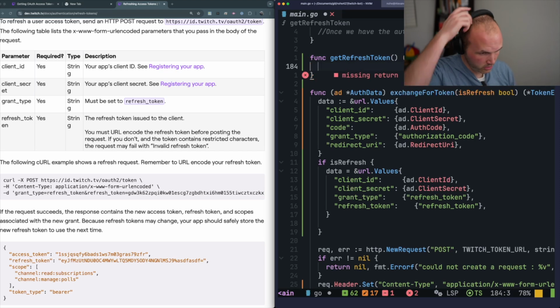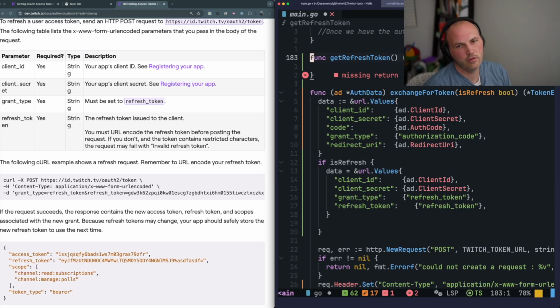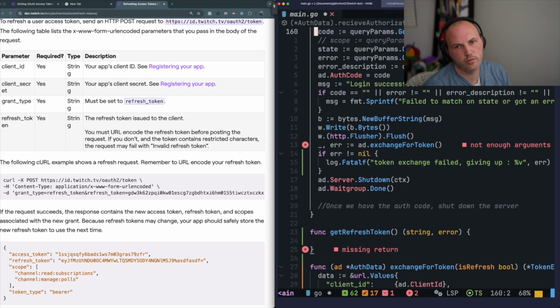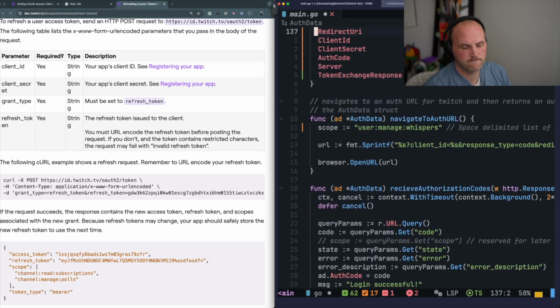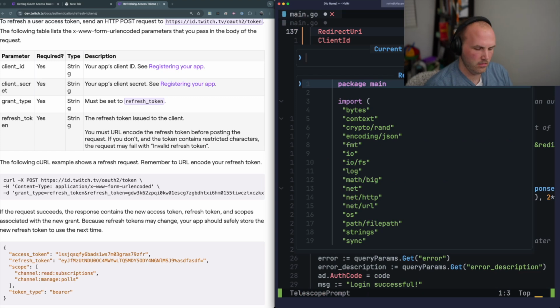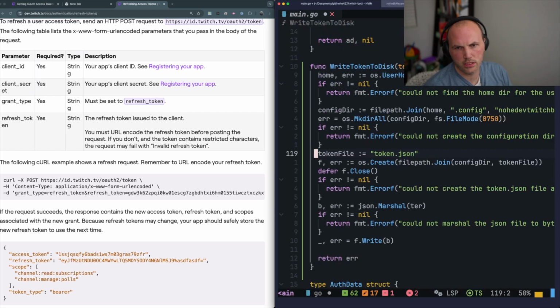So for the refresh token, what we could do is go to that place on disk that we know of, which would be token.json. So here we should probably say,